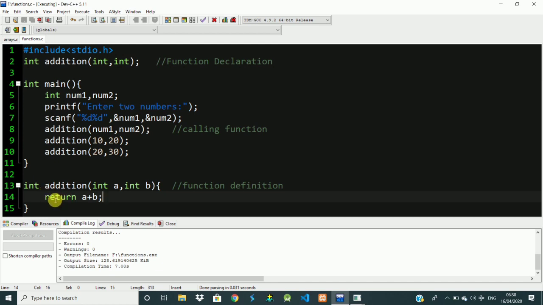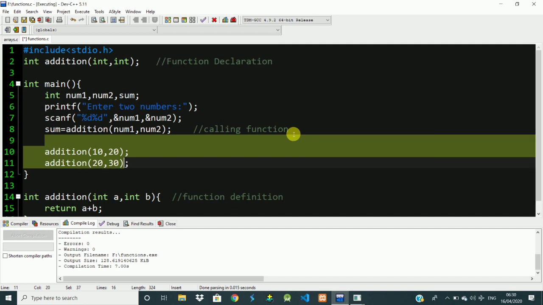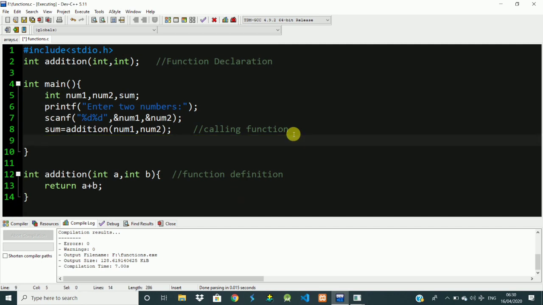But the thing is, when you are returning it in the function call, you should store the result in a variable. So I will store the result in sum, and I'm going to print the result. This is one way, and there is one more way to do it. I will show you. The sum is %d, comma sum. Okay, now we will compile